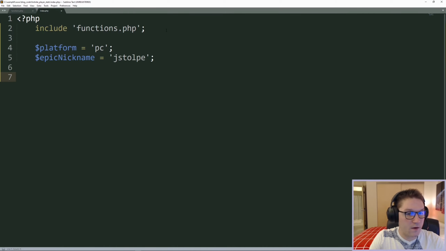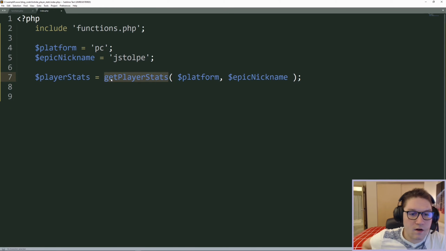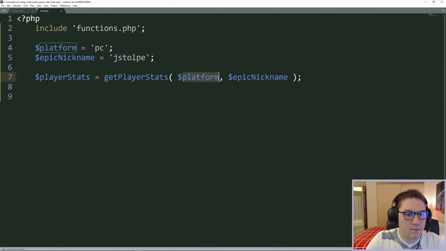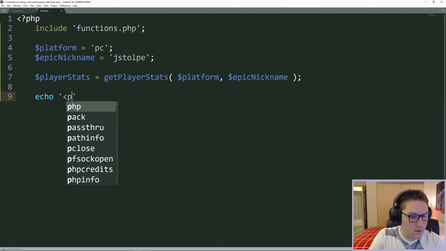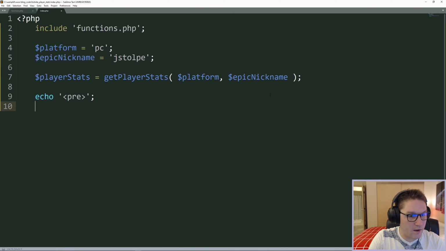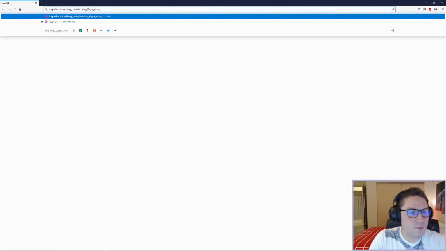With those defined, we can call the function. We call getPlayerStats with our platform PC and nickname JStolpy. Now we want to dump these out on the page so we can see the stats that we're getting back. And with that, we can head over to our